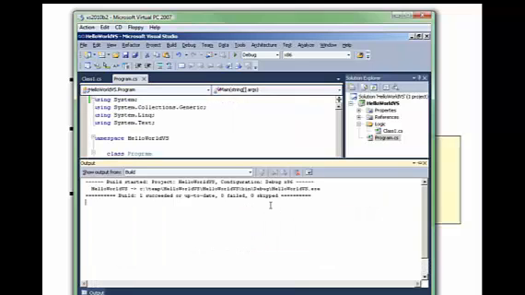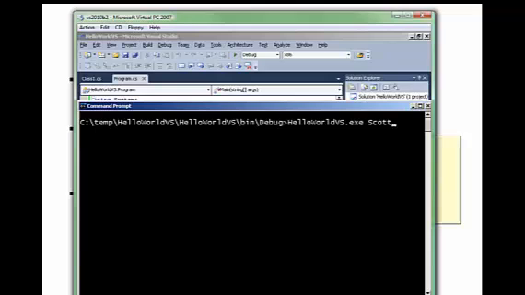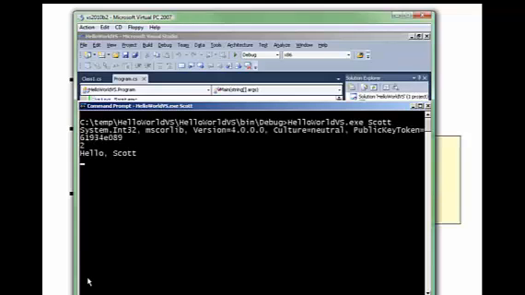So let's do a build. Every time we change a program, we want to make sure we do a build. And let's run the application. And the fully qualified type name is System.Int32, so that's namespace, the type name, and here's the assembly, mscorlib. So on disk somewhere there is an